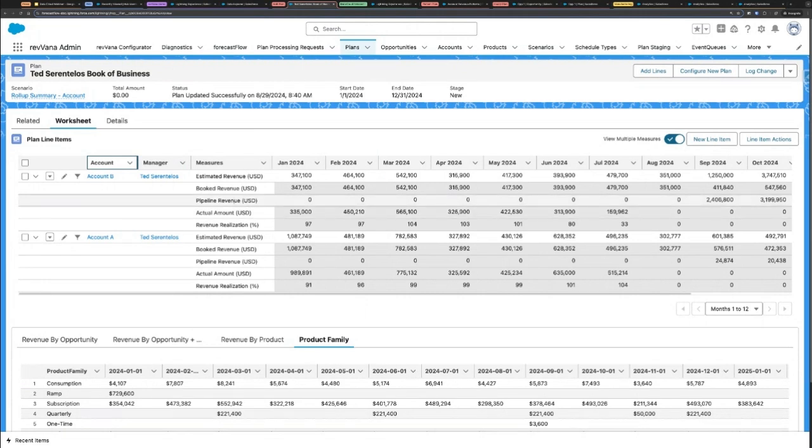But in addition to that, you can see rows that indicate pipeline revenue, which is your open pipeline, and booked revenue. And then you have an estimate revenue, which is an editable number that your reps can modify. But one thing about this pipeline and booked revenue, these are basically rolled up from the revVana plans that are generated at the opportunity level.